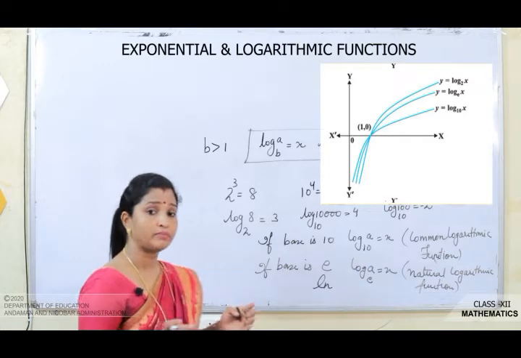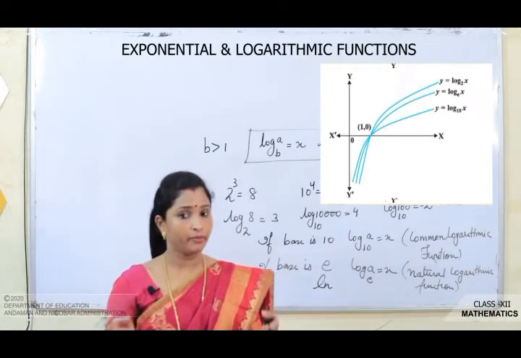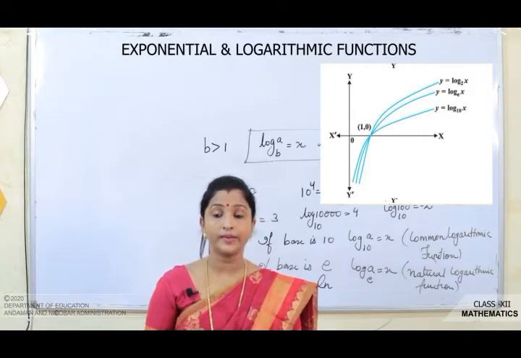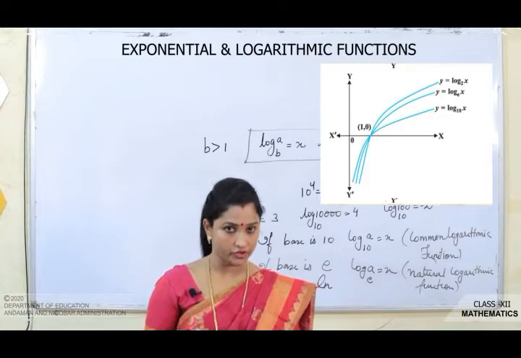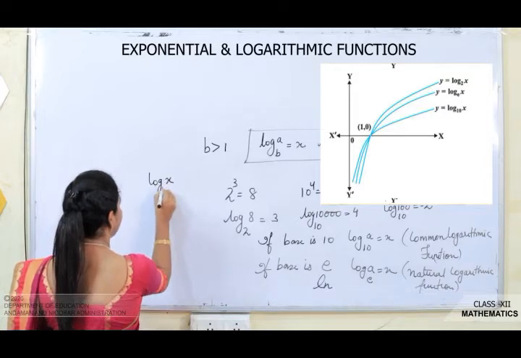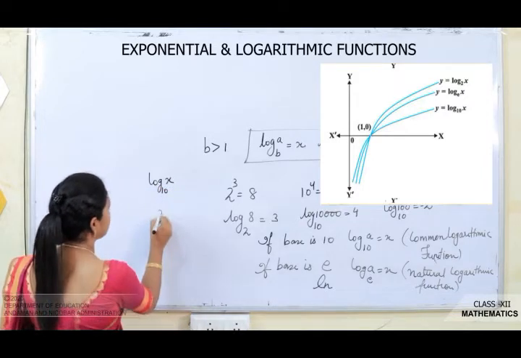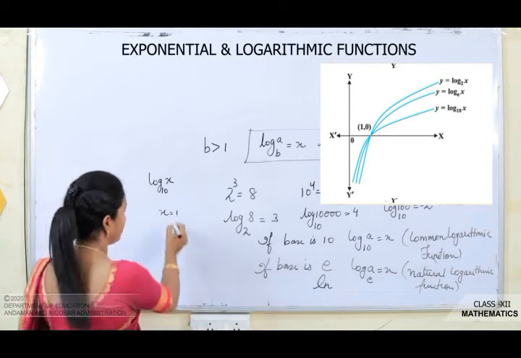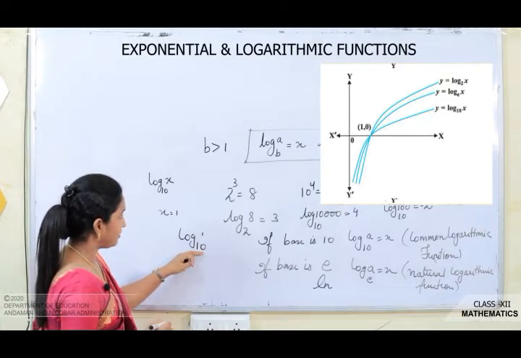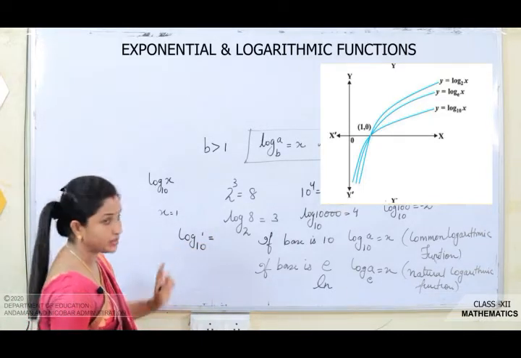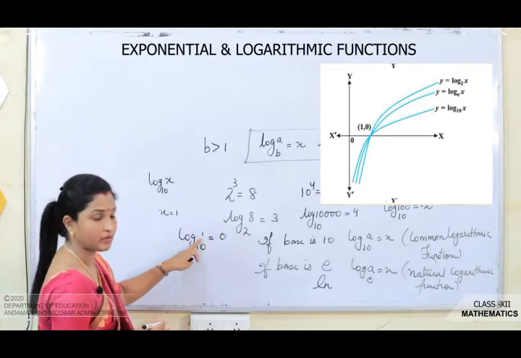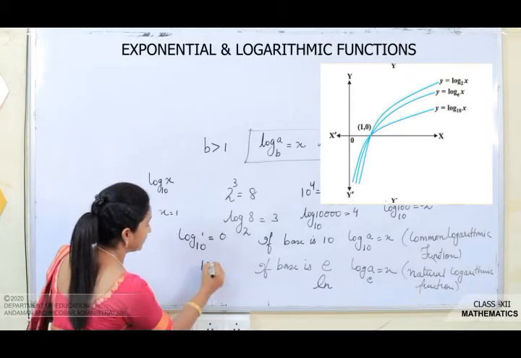Now one more thing about the salient features of logarithmic function. Domain is always positive, range is real numbers, and the point (1, 0) always lies on the graph of log function. Why am I telling (1, 0)? Because suppose you have log x to the base 10. If you take x to be 1, that means log 1 to the base 10, what will it be equal to? If you want to get 1 here, then there should be 0 here. Only if it is 0 will you get 1, because if you convert it into exponential form, 10 to the power 0 is equal to 1.